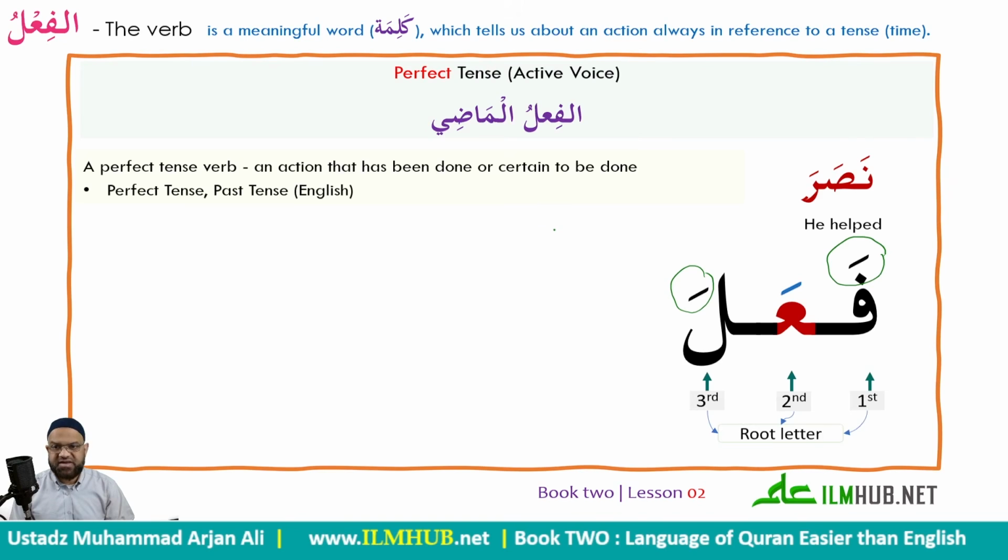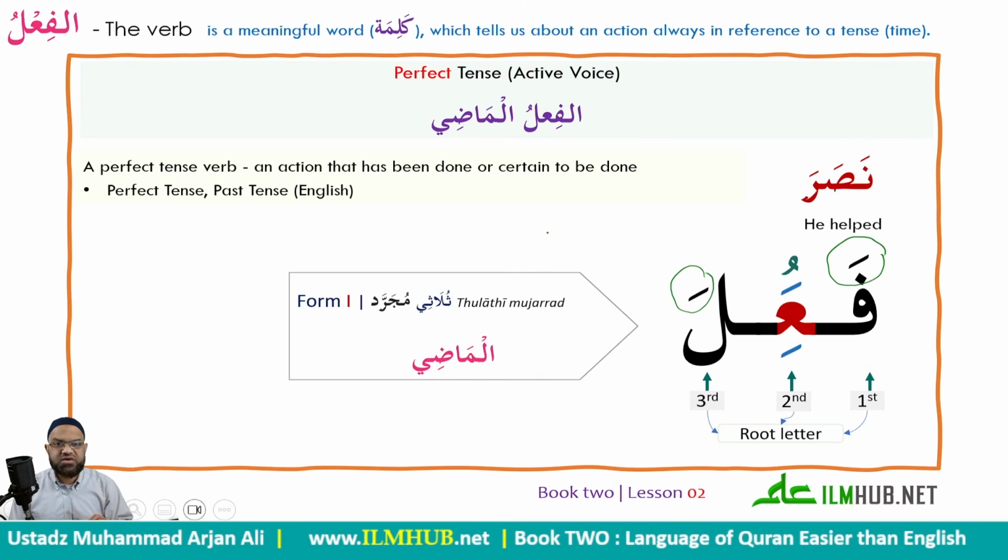So it can have a fataha, which is zabar, or zair, or kasra, or dhamma, which is pesh. These are the names also given to it. So you have fatha, zabar, dhamma, pesh, or kasra, zair. For all the middle root letter only, the first and the last is fixed. So the scale is very easy to recognize. It is three root letters and nothing else. So this group that we are studying now is called thulathi, meaning three, mujarrad, bare, nothing else. Thulathi mujarrad. And for the madi, it's a very simple scale.